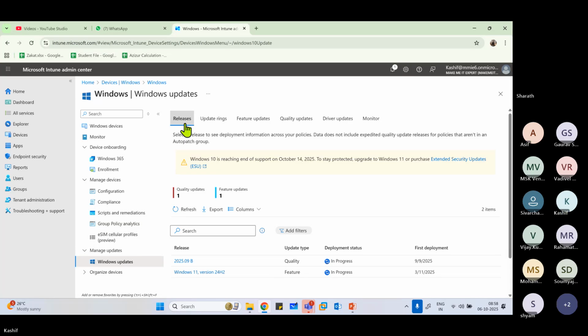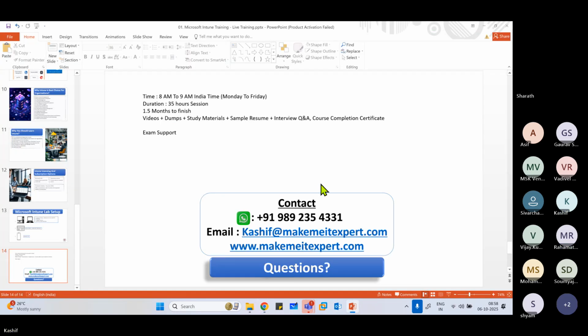No worries. Any other question from anyone before we wrap it up? Is SCCM different, or is Intune going to cover the SCCM topic? No, SCCM is completely different. Intune is different. SCCM and Intune both are doing similar tasks. SCCM is also doing device management, but SCCM is basically